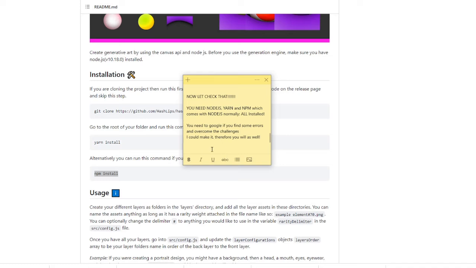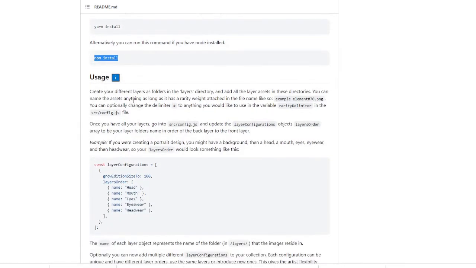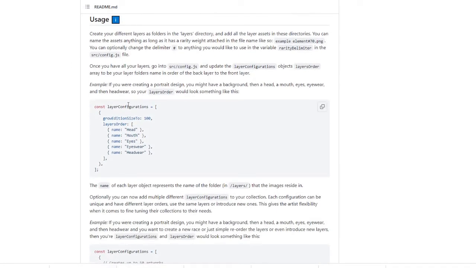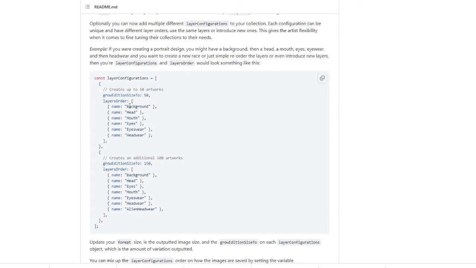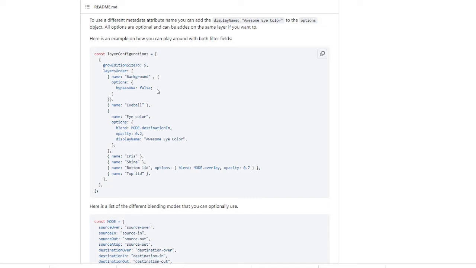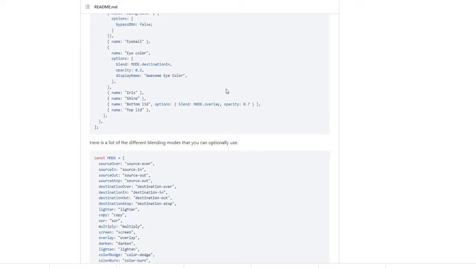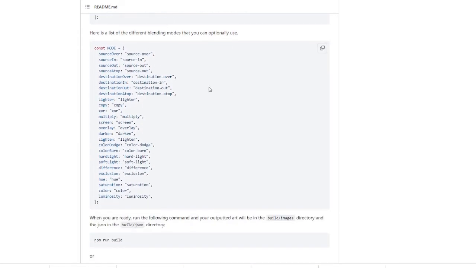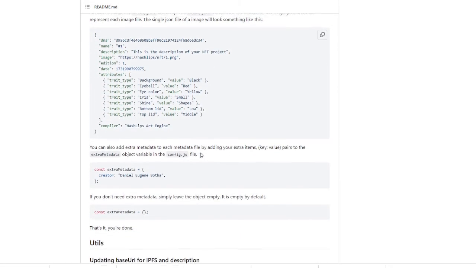So here you see there's a config file in his project. That's where you're going to organize the layers. There's a rarity delimiter. So here you can see how we organize the layers. We're going to see it in details, but I'm just going to go over it very quickly. You can choose how many you generate. Some extra options, and after it tells you how to run the build, or node index.js. And after you're going to get some metadata from this build. It'll be a build folder,